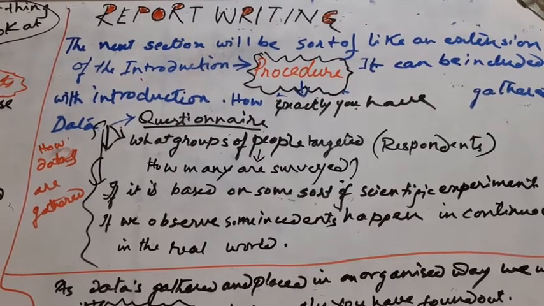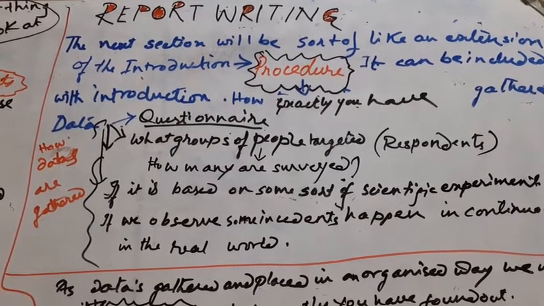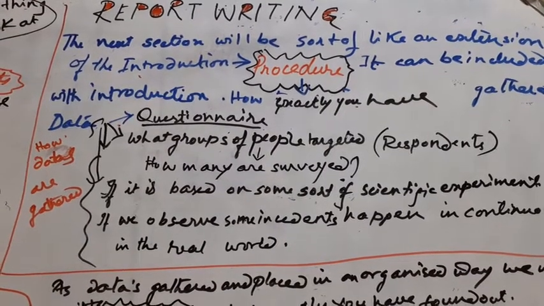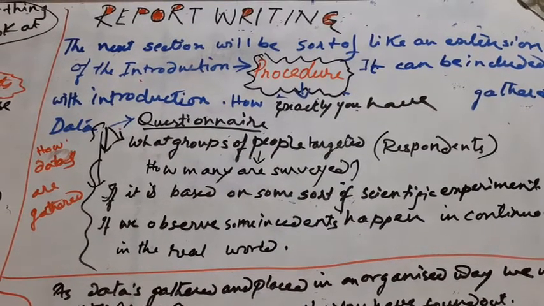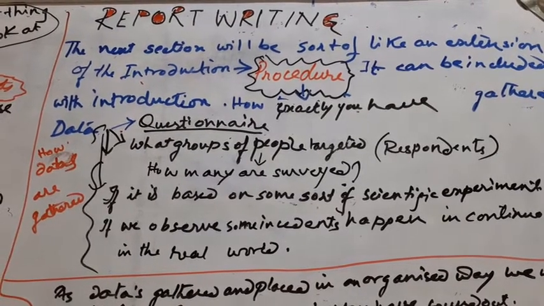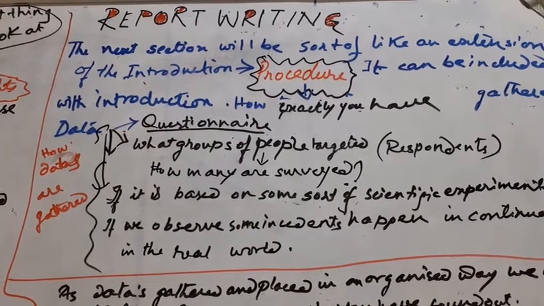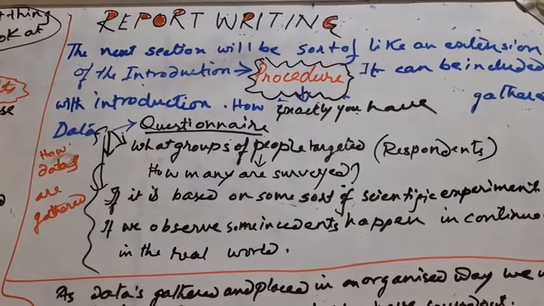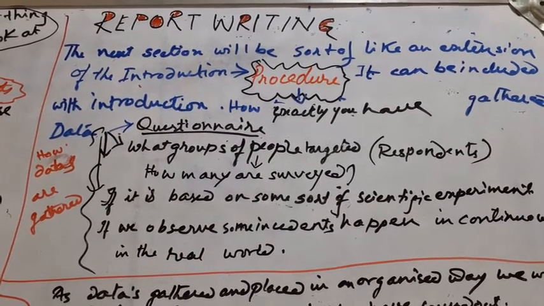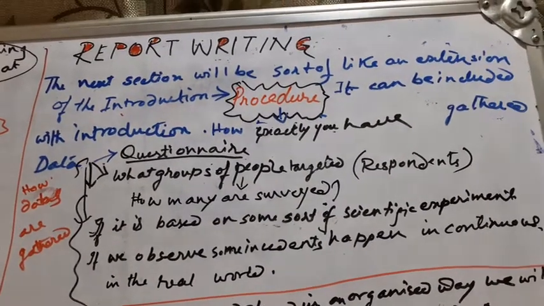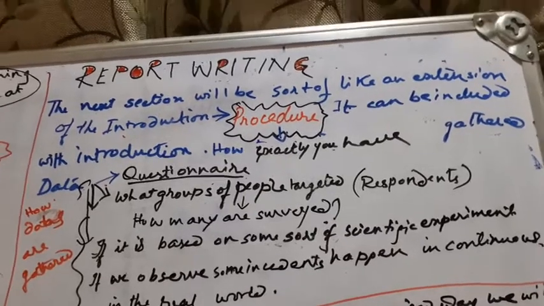Report writing for the PU2 final examination plays a very important role, and it carries 5 marks. You can choose another option, speech writing, even for the same question, but what I have observed is that most of my students prefer to opt for report writing. So let us begin with report writing.